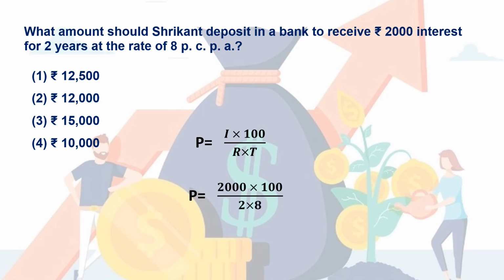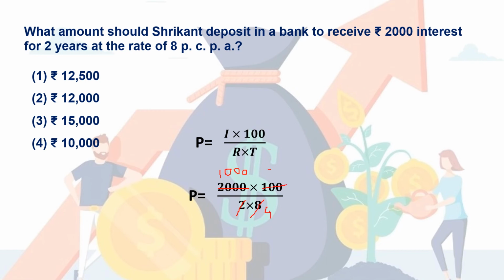ठीक है, I की value क्या है? Interest is 2000 rupees. Then into 100 upon R. R is what? 8% into T, that is 2. If you multiply and divide, you will easily be able to solve the sum. So it will be 2 ones are 2, 2 ones are 2, 0, 0 and a 0. Okay, again you could use 2 4s are 8,